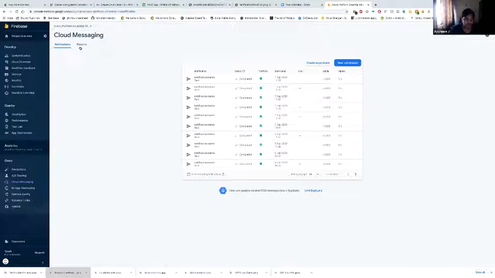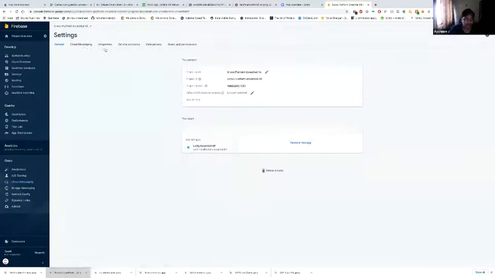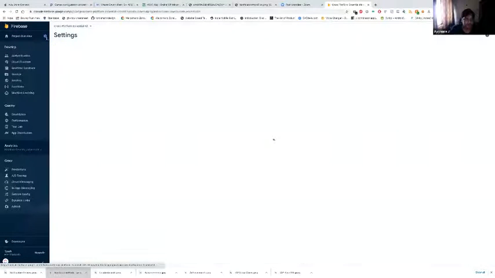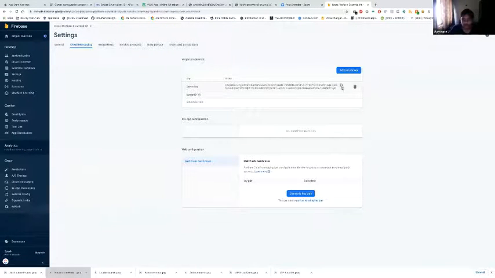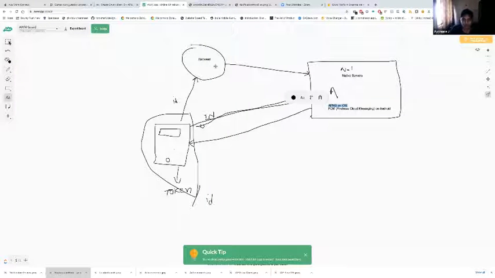You just need to enable it. Basically, it's just a straightforward thing. You just need to enable the cloud messaging service, and you need to go to settings here and use this key for communicating with the native servers. Your backend needs to say, okay, send a message to this particular token ID.